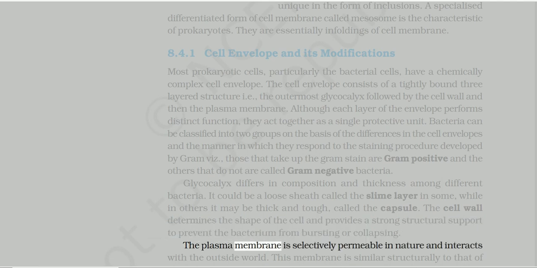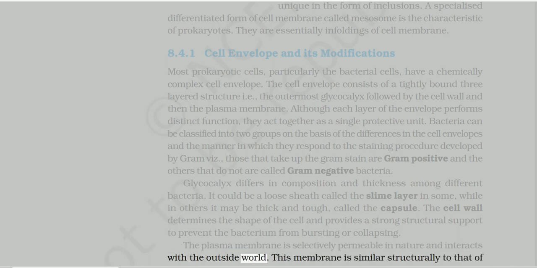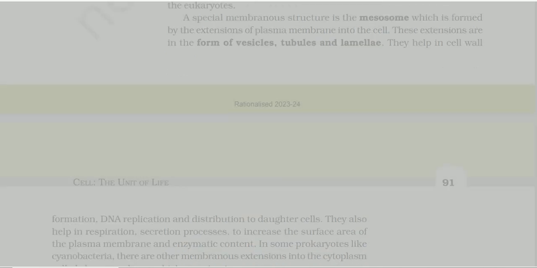The plasma membrane is selectively permeable in nature and interacts with the outside world. This membrane is similar structurally to that of the eukaryotes. A special membranous structure is the mesosome, which is formed by the extensions of plasma membrane into the cell. These extensions are in the form of vesicles, tubules and lamellae. They help in cell wall